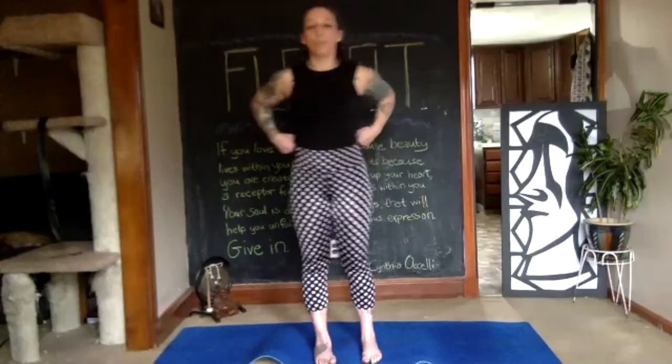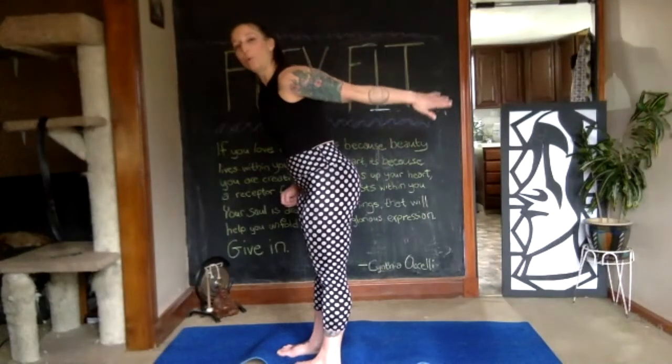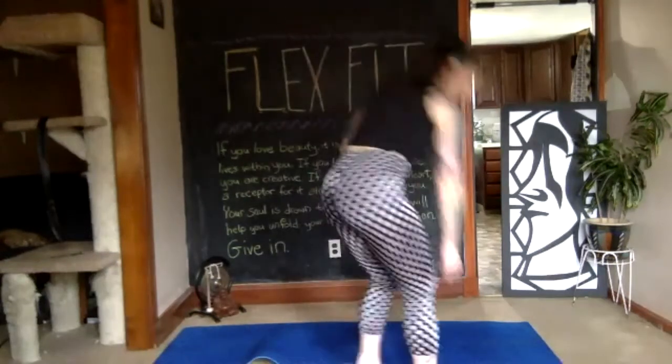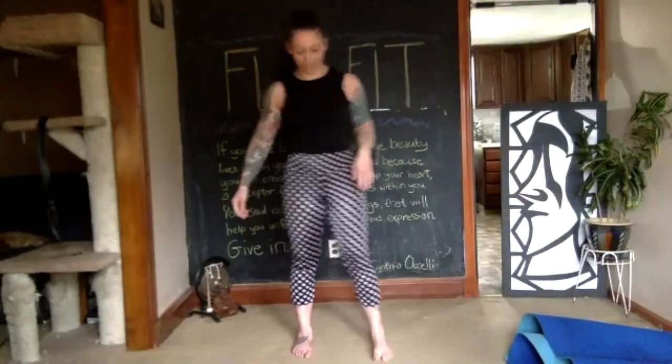Excellent. All right, so a little bit more balancing. This time we're gonna bring the knee to the front, the knee to the side, the knee to the back. Then we're gonna extend the leg straight. We're gonna try to bring it to the side and try to bring it to the front and then plop it down. So I'm gonna do this without my mats